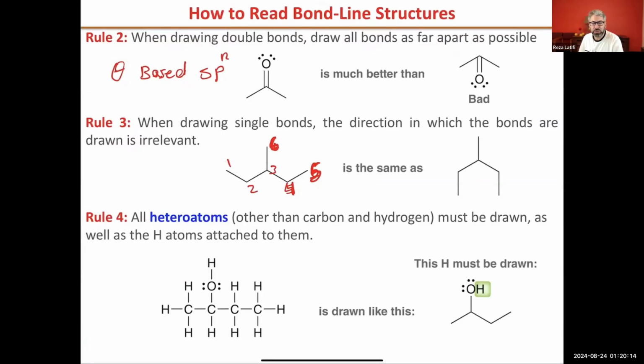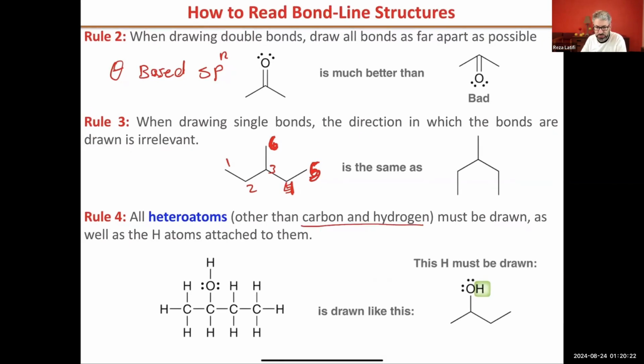Next. Okay, we said we try to remove any hydrogen that is sitting on carbon, so we don't show that one. But if you are dealing with a heteroatom, what do I mean by heteroatom? Like nitrogen, oxygen, sulfur, phosphorus. You need to show any hydrogen that is attached to that, because we want to know whether there's a hydrogen there or not. Why? Because if there is a hydrogen,